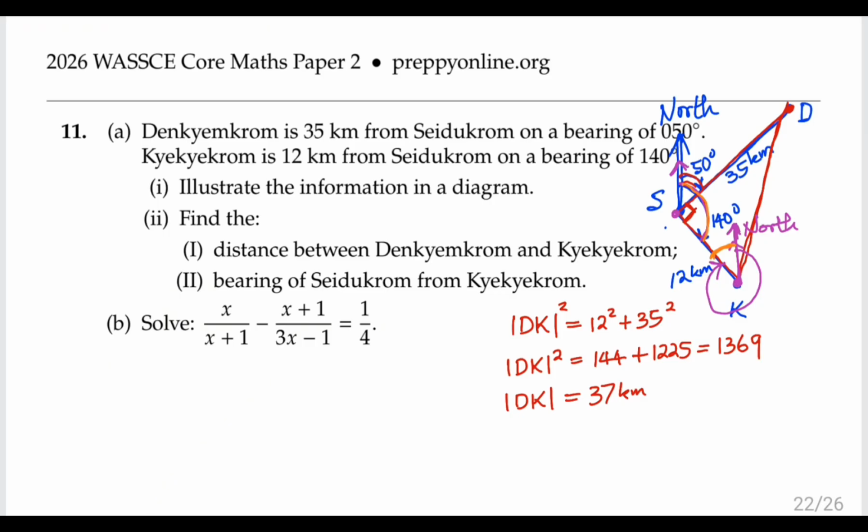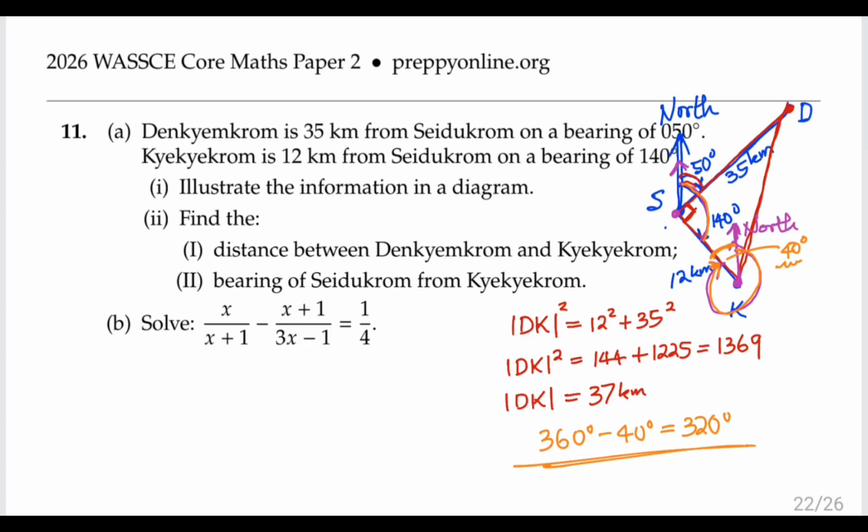That means that this angle is 40 degrees because 40 plus 140 is 180. And then this bearing that we are trying to find is basically just the angle around a point minus this 40 degrees. So the bearing we are looking for must be 360 degrees minus 40 degrees, which is 320